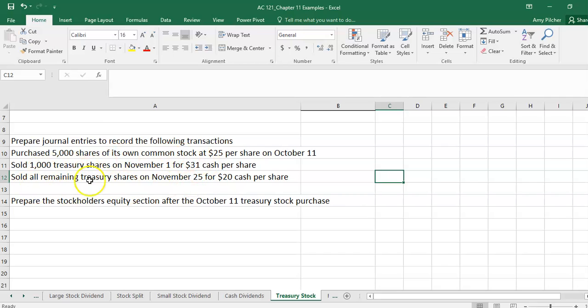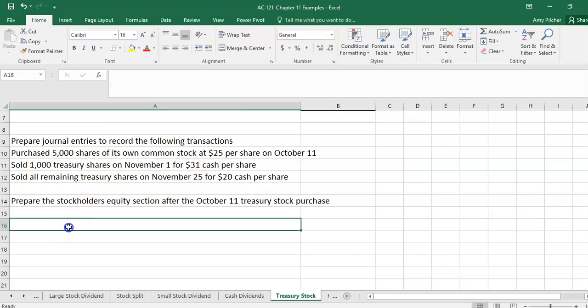When we look at treasury stock, we pay market price for treasury stock, and we record it in an account where it's shown as a negative balance on the balance sheet. So we show treasury stock as a contra equity account where it's shown as a negative balance, much like we do with accumulated depreciation. So when we purchase these 5,000 shares of common stock at $25 per share, we receive treasury stock